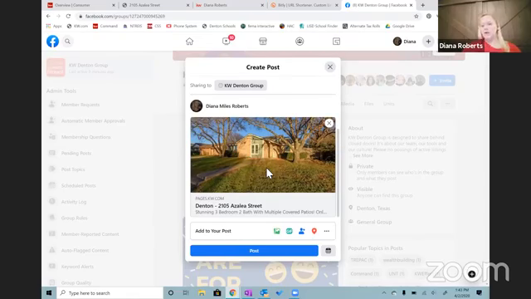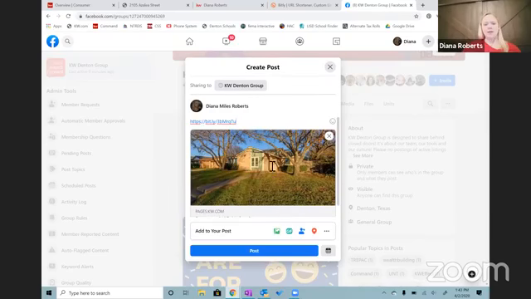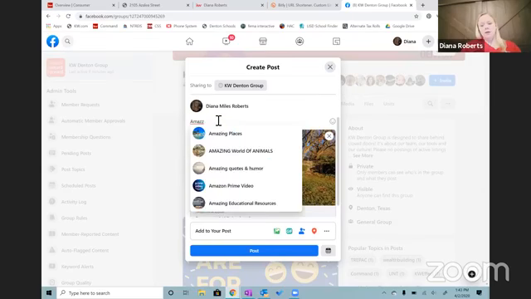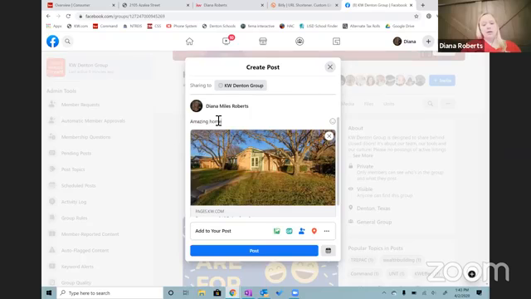Last time I tried this, actually, it wasn't so pretty, so they have updated how it does it there. So then I can put amazing home 1 mile from UNT, gorgeous and remodeled. Okay,